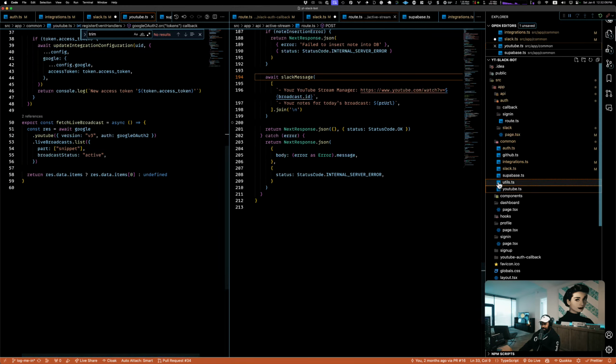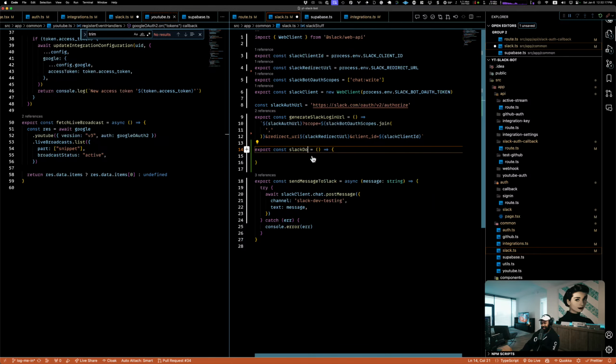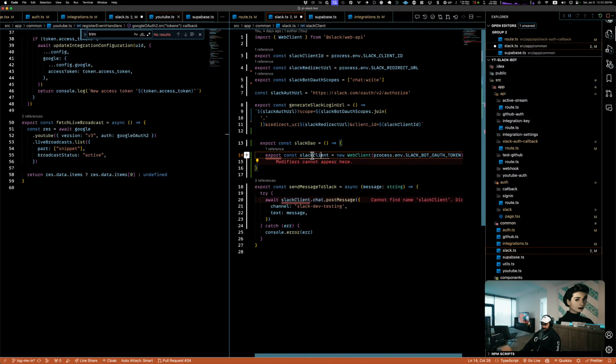Damn it. I don't want to develop a new pattern in this project, so I'm not going to develop it here. But I'm going to call it Slack dial. So we're going to say Slack dial, and then we're going to take this thing and that'll go here.